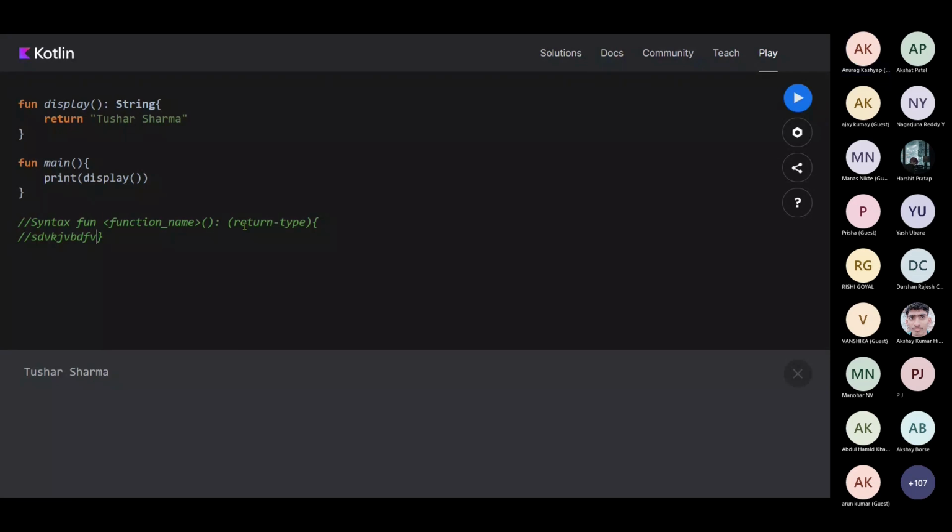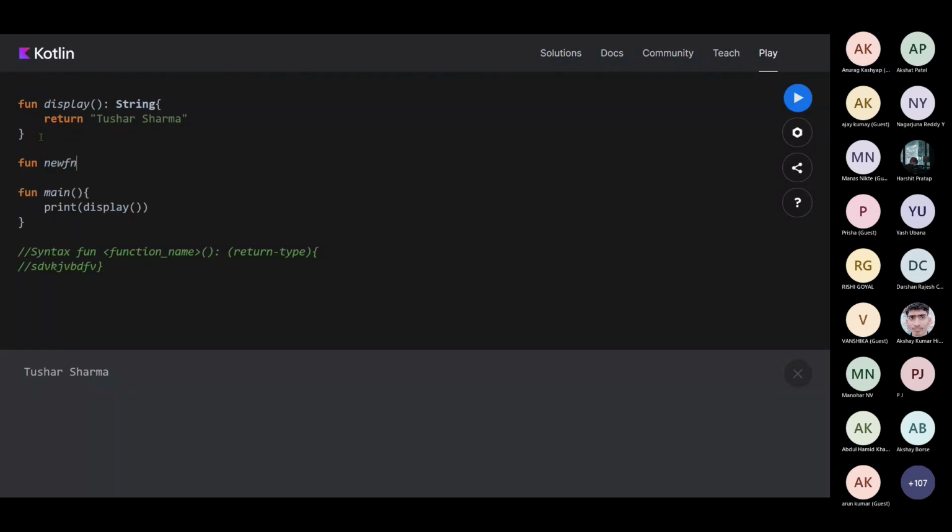So we can use one function in another function as well. I'll just get my old code. I'll do nothing with this, but I want to use this display function in another function. So I'll create a new function, and the return type is unit.